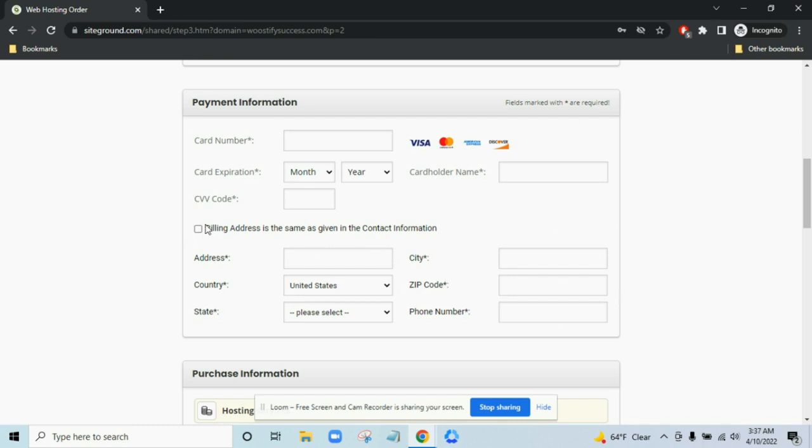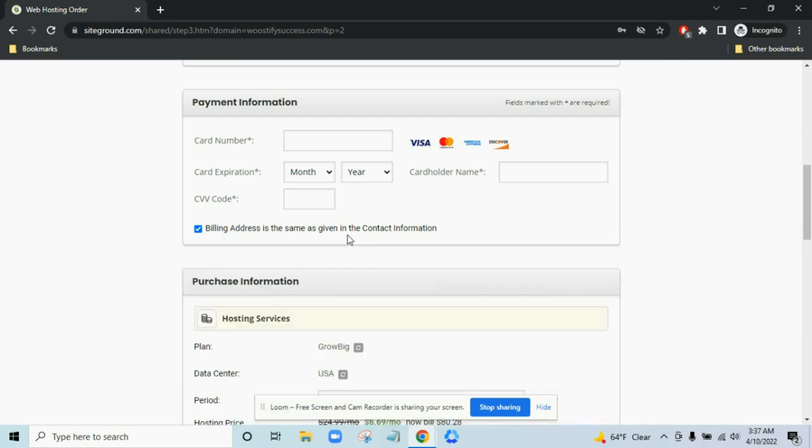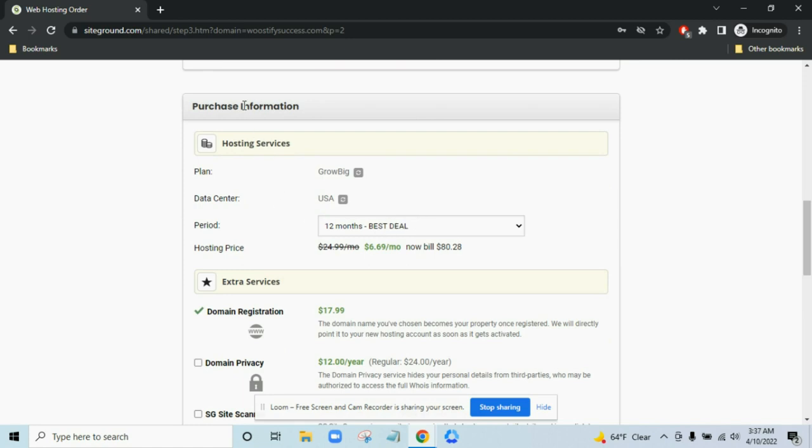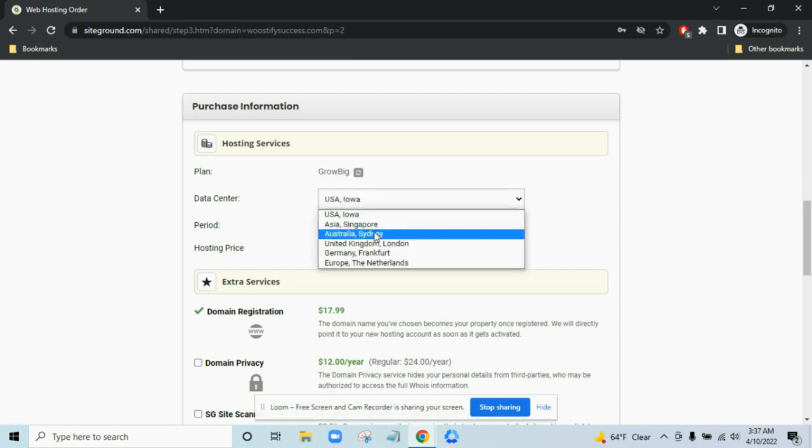So this would be your billing address. But if it's the same, just check this. Okay, so you keep going. Now they say purchase information: hosting services, plan GrowBig, data center USA. That's all good. If you click on this data center USA, you can always choose the one that's